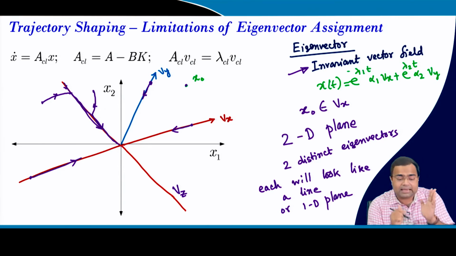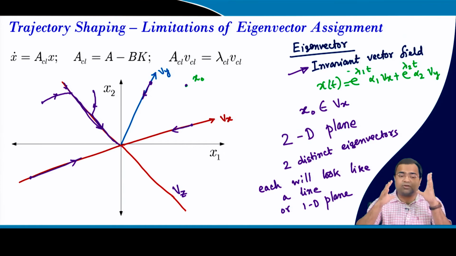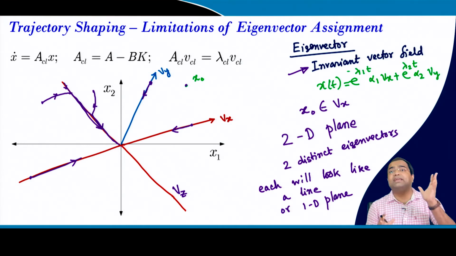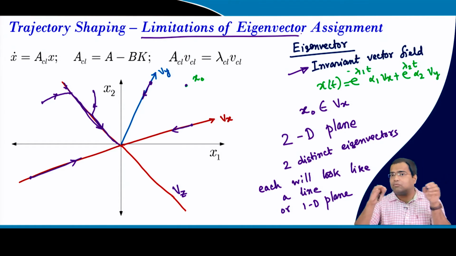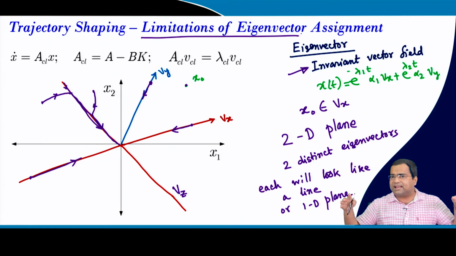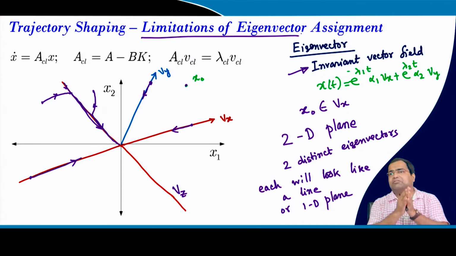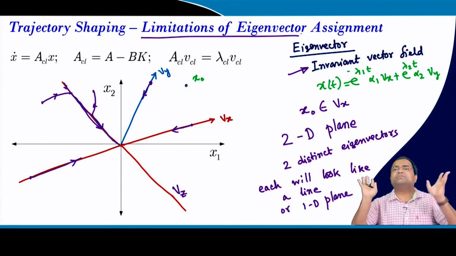But let us say, is it possible to have a scenario where we force the trajectory and it remains on the line? That is one of the objectives, and that probably is not possible in a linear control system, because in a linear control system, for a second order system, if we get two distinct eigenvectors, then each eigenvector will be an invariant subspace, but for any arbitrary initial condition we cannot make a one dimensional motion, right.